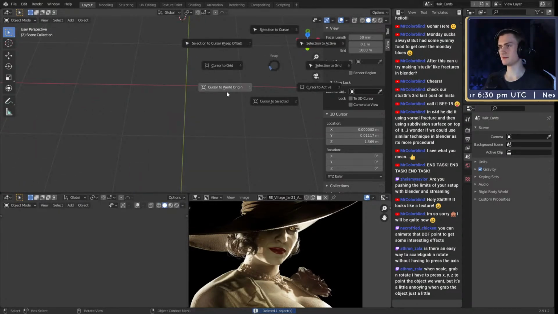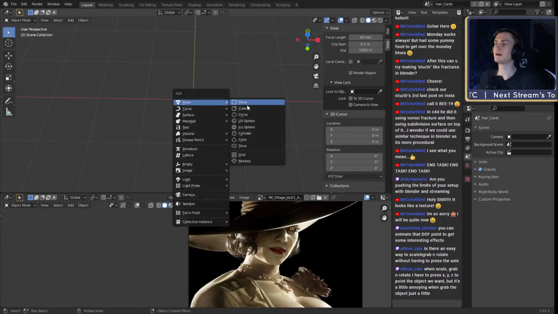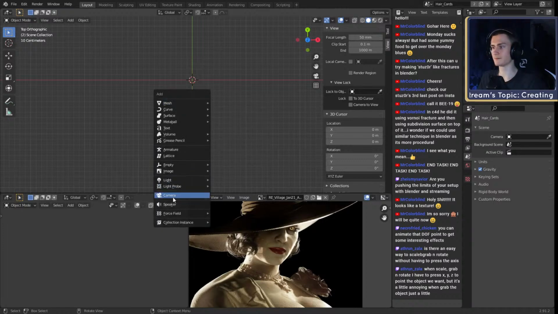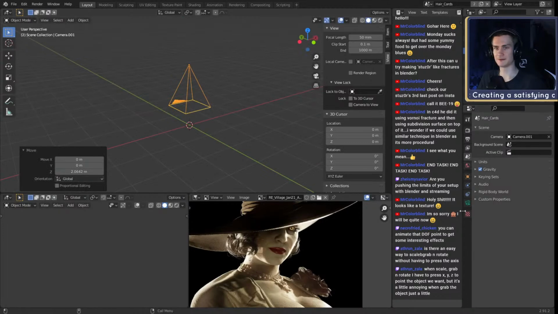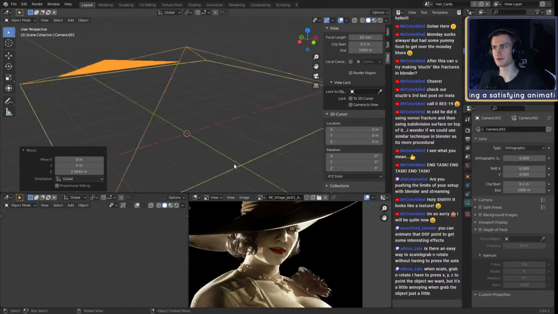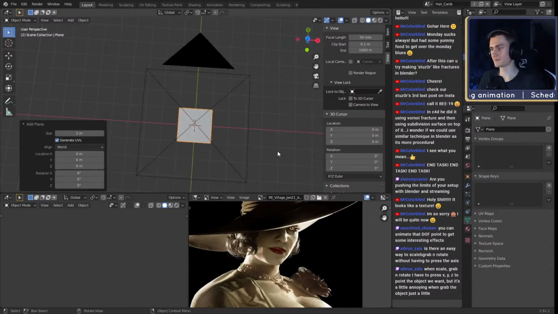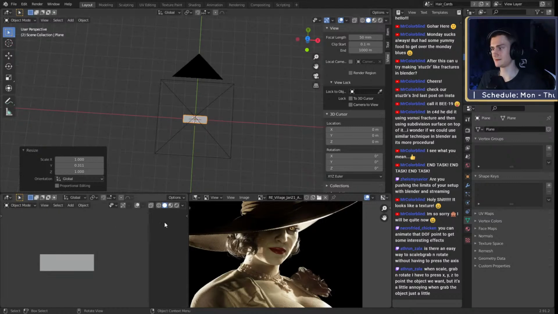Let's bring the cursor back to the world origin. And what we need is first a camera looking from the top. I'm going to speed run this because I've already shown what I wanted to do. So orthographic, bring in a plane. Perfect.